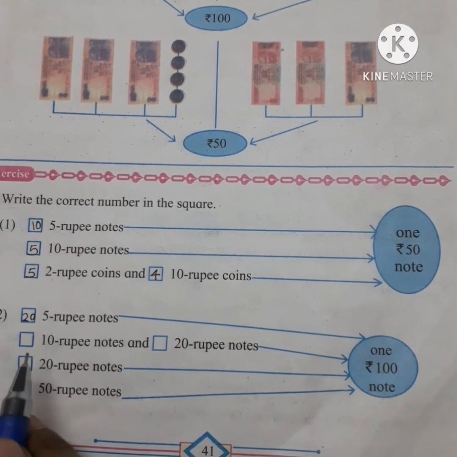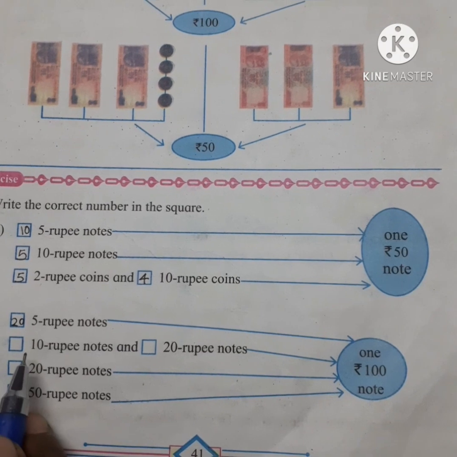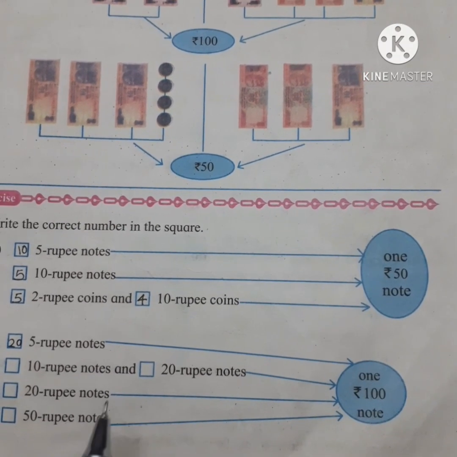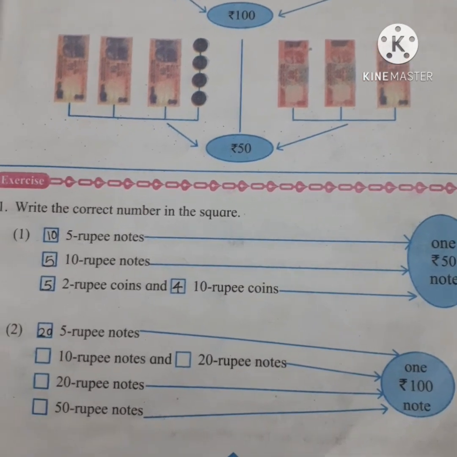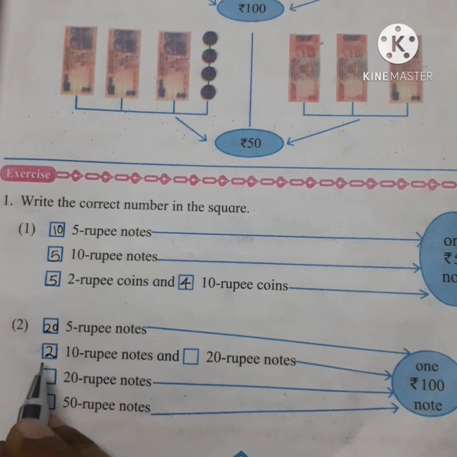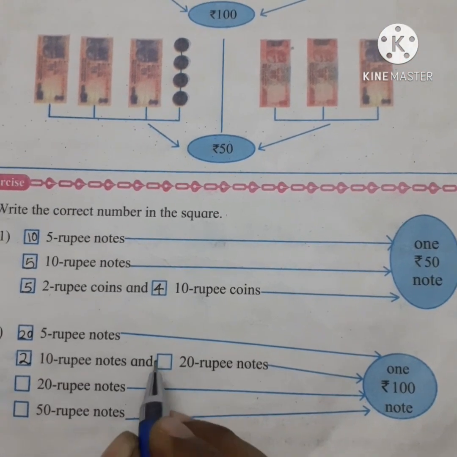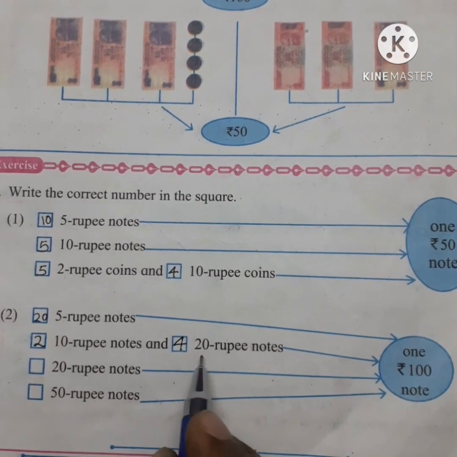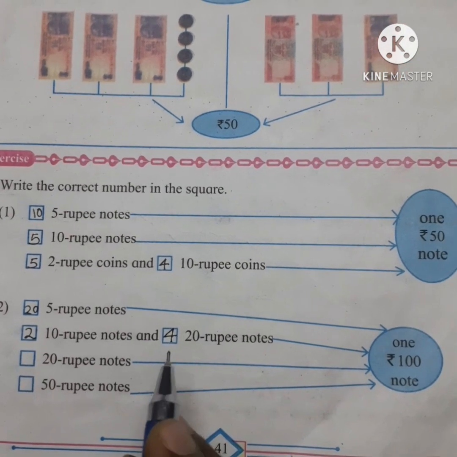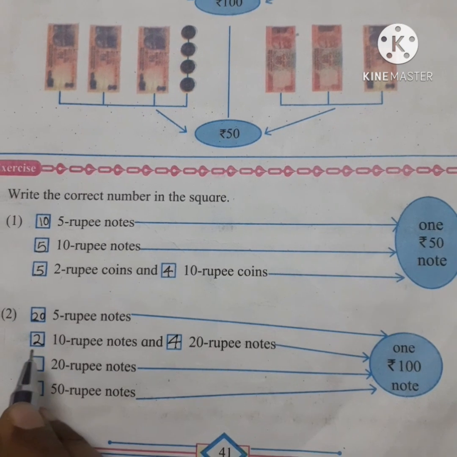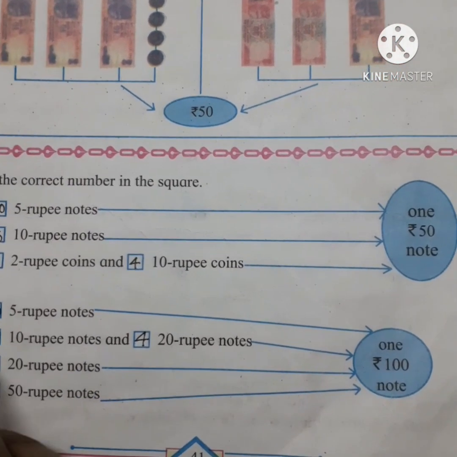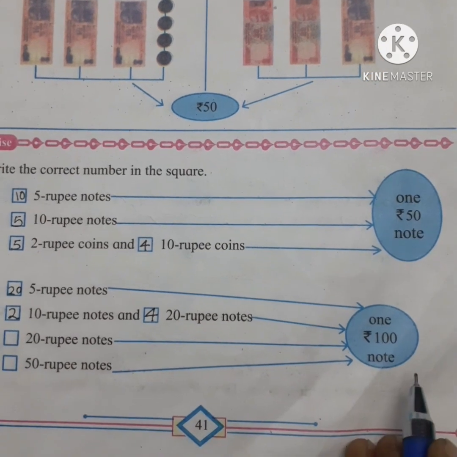Clear? Same way, if I will take 10 rupee notes and also 20 rupee notes, which number of notes do I have to take? See, suppose for example I am taking 10 rupee 2 notes, so 10 2s are 20 rupees, and 20 rupee 4 notes, 20 20 20 20, 20 4s are 80, 80 plus 20, my answer is 100 rupees. So 20 rupee 4 notes and 10 rupee 2 notes will make 100 rupees.